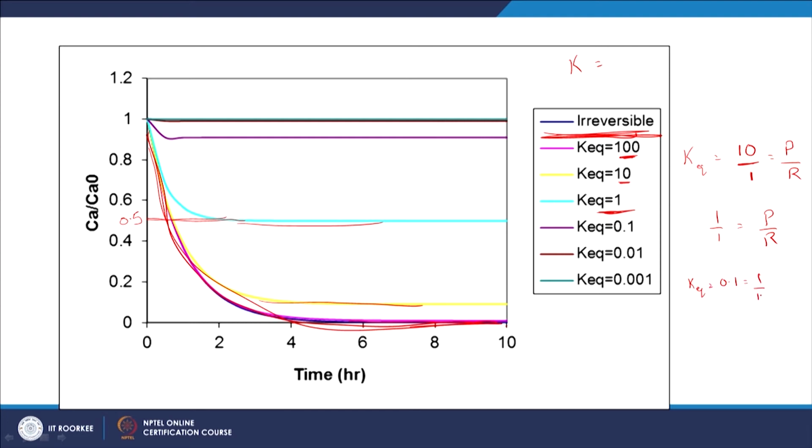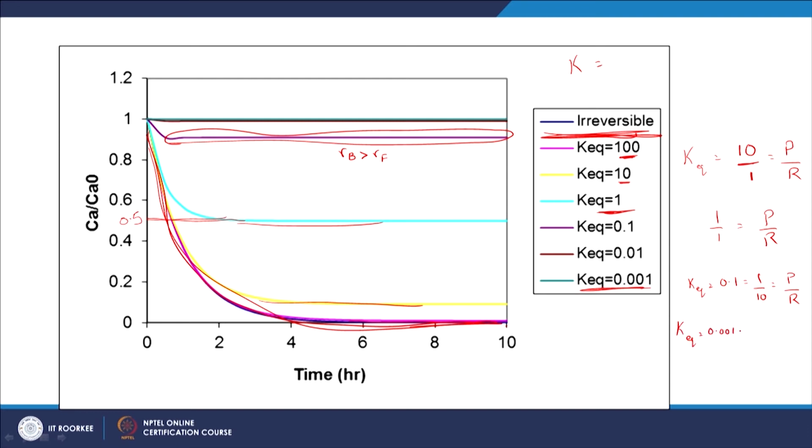Equal to 1 by 10. So there are more reactants than products left, so the backward reaction is actually faster than the forward reaction. So the rate of the backward reaction is faster than the rate of the forward reaction, that is what you see here. And as we keep going down, K equilibrium is